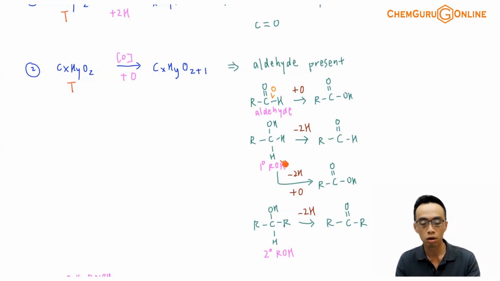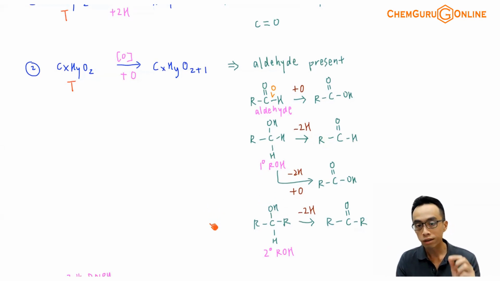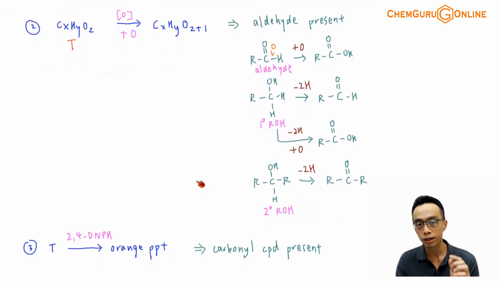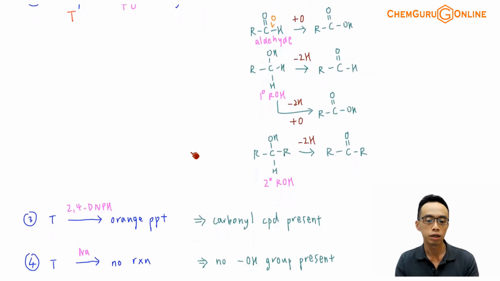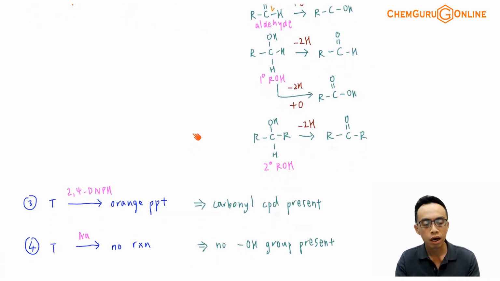And if I consider alcohol, we are only talking about primary and secondary alcohol. We're not considering tertiary alcohol in this case, again, because tertiary alcohols are resistant to oxidation. So I think this is something interesting that we want to keep in mind. At least based on this deduction, I know that aldehyde functional group is present. Next, how about 3? T will react with